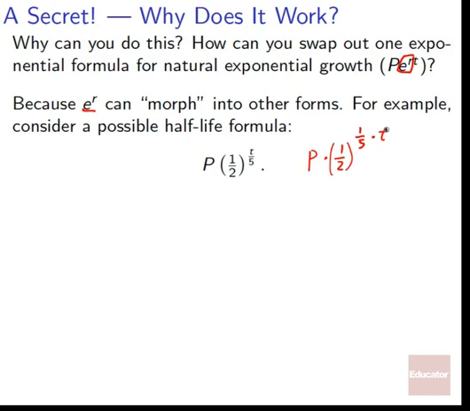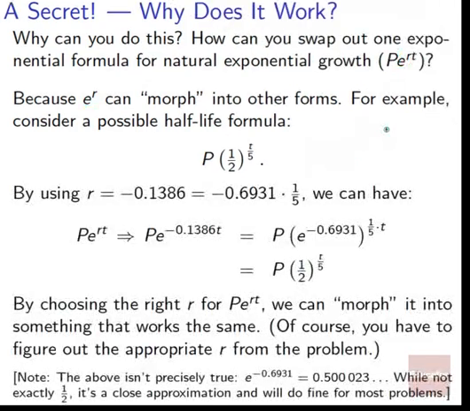So how can we get PERT to connect to this? Well, if we use this very specific r equals negative 0.1386, it also turns out that that's the same thing as negative 0.6931 times 1/5. So we have our PERT form right here. We know what r is, so we swap that in for our r, and we get P times e to the negative